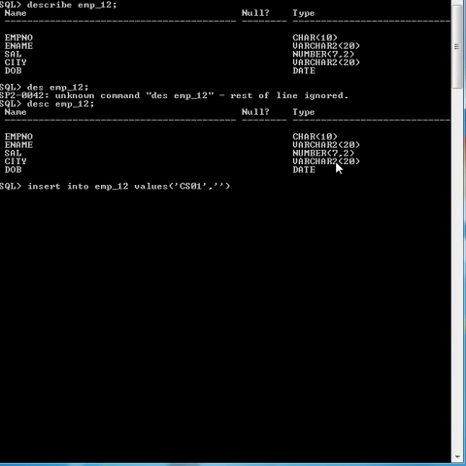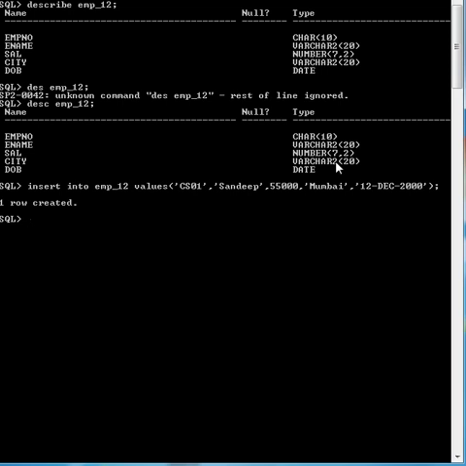So ename Sandeep, salary 55,000, okay, city Mumbai, and date 12 DEC 2000, okay, enter. One row created.